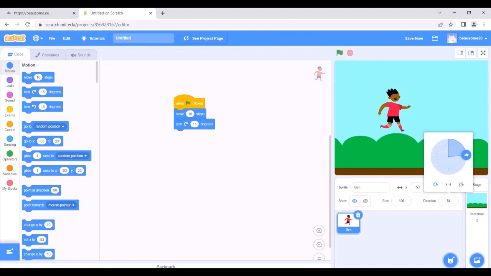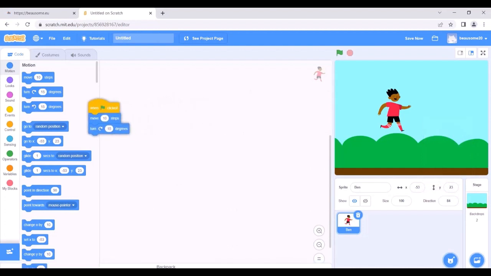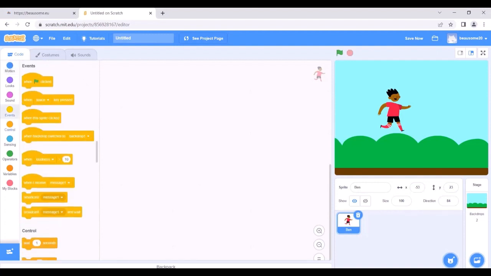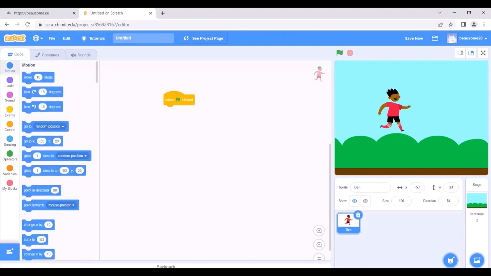Then I have to remove this section here and we will use other blocks for the next exercise. So again, we have to go to events. We have to find the first block which says when flag clicked. And then I have to go to motion again. From here, I will select turn 15 degrees.